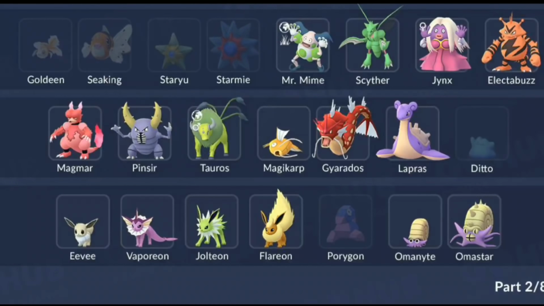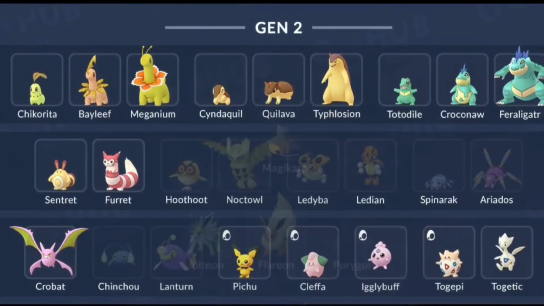Good odds for those. Lapras, yes, from the raid day. Eevee, yes, from community day. Porygon, where are you at? I've been waiting for you. Ammonite, I have several of those, including one that I just got through a task a couple of days ago. Moving on to Gen 2,